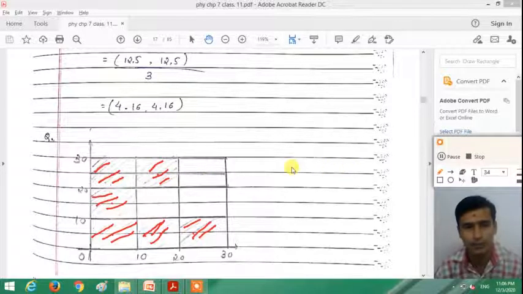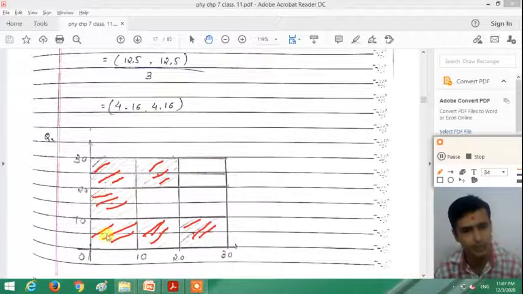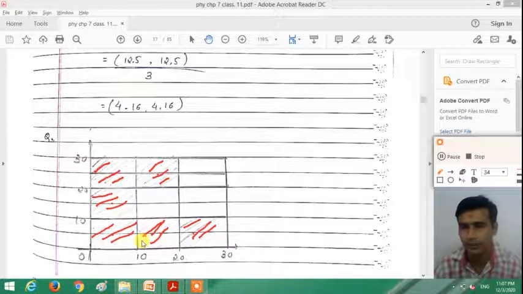So dear student, you have to calculate this example by yourself. Calculate the center of mass of a thin lamina sheet having a uniform mass distribution. So here the shaded area, five sheets are given to you. You have to take the mass of all the sheets as capital M, and you have to calculate the center of all the sheets.